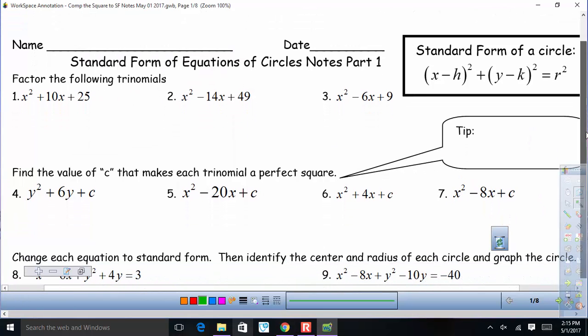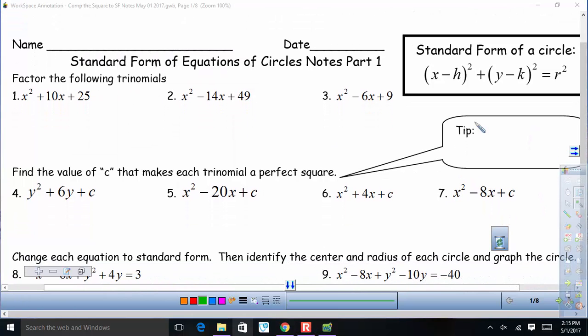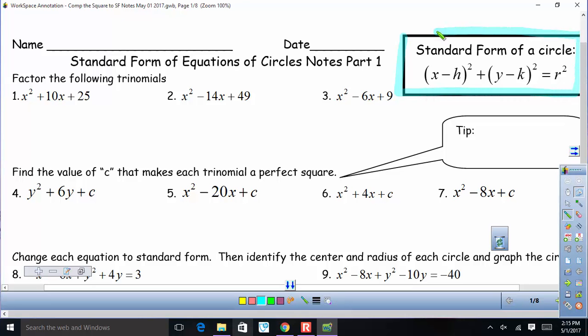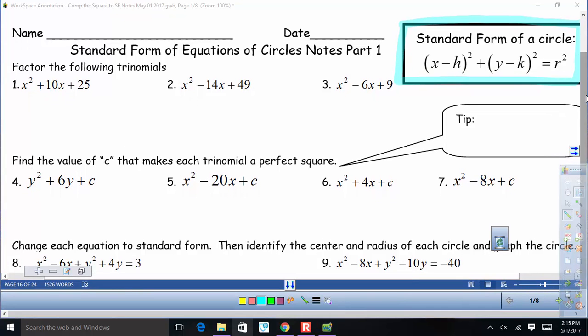All right, so for the past probably 3 days or so, we've been talking about standard form of a circle, which is this equation right here, (x minus h) squared plus (y minus k) squared equals r squared. So remember that our h is like our other x, our k is like our other y. Okay, so as you can see, we group all our x's together, group all our y's together. All right? Now, today we're going to talk about how, when it's given in a different form, to put it